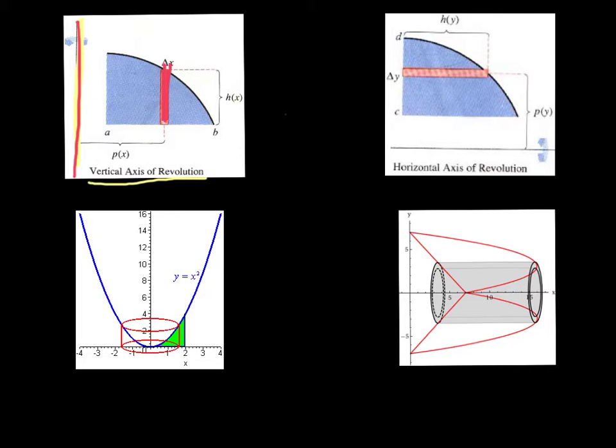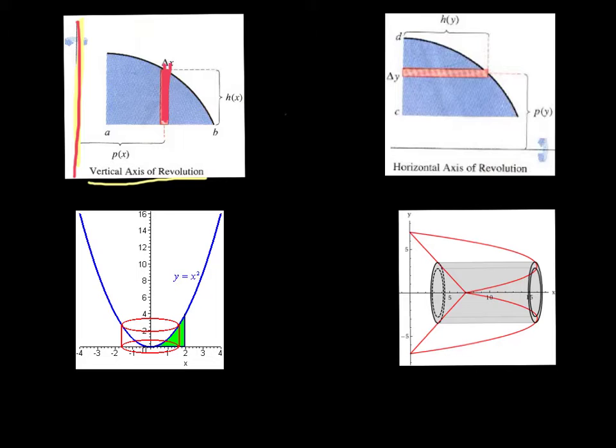axis of revolution. Remember back when we did a disc problem, if our graph looked, let's say, like that, and we were looking at this area, when I revolved around, let's say, the x-axis, I always drew my rectangles to be perpendicular to the axis of revolution. Now I'm going to draw my rectangles to be parallel to the axis of revolution. All right, so what's going to happen is if you look at this example,